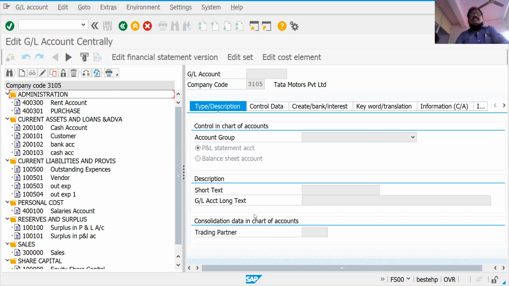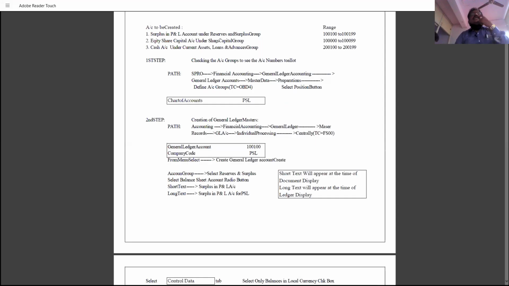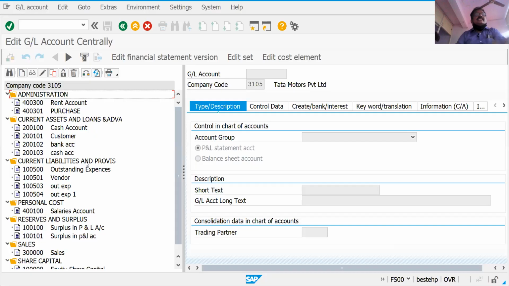Now we are going to discuss what accounts we need to create. First, see this surplus in P&L account, reserves and surplus, we need to create. Please see this reserves and surplus. Where is reserves and surplus? Here. The reserves and surplus account is here.